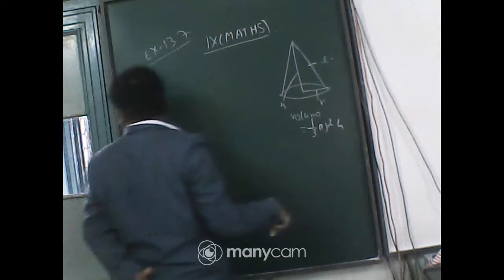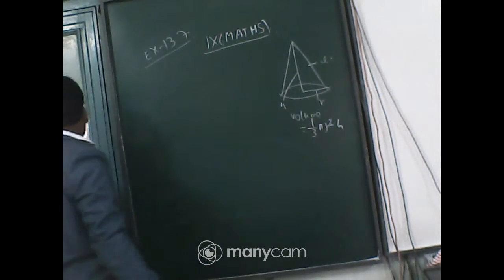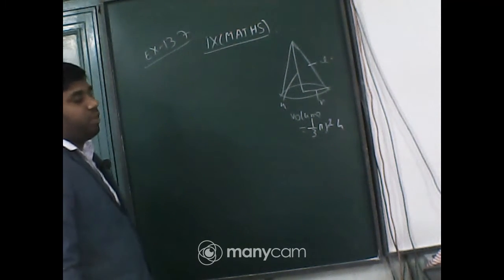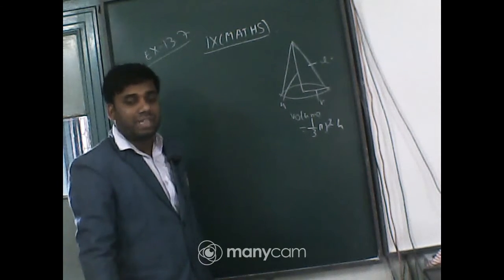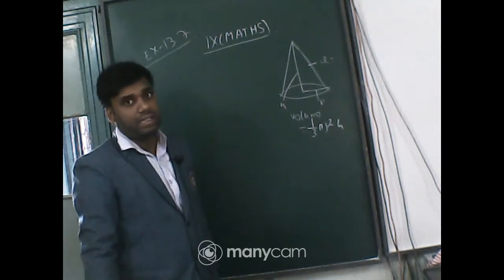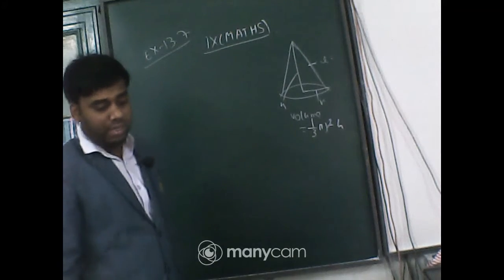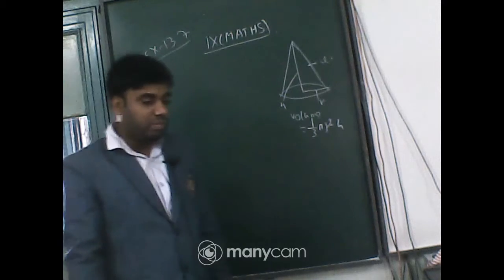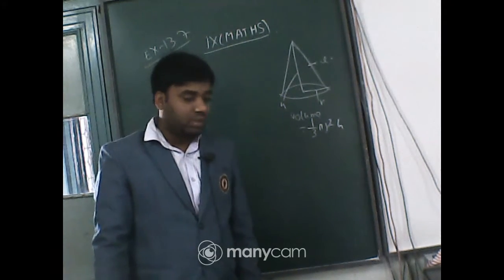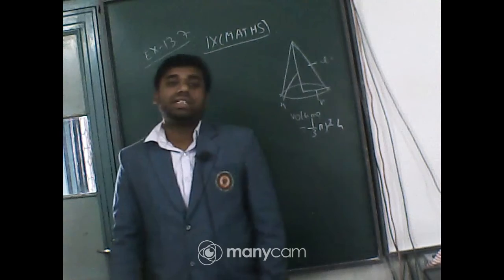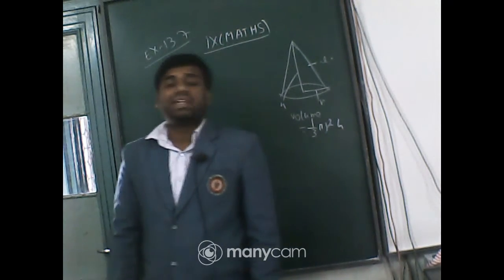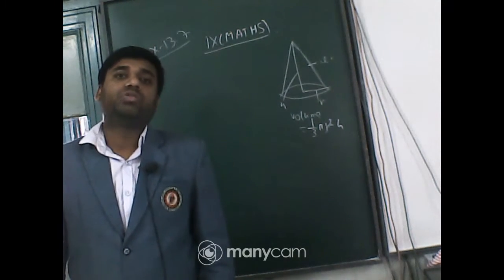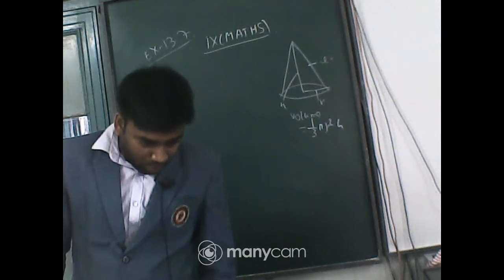where r equal to radius, and h equal to height, and L is the slant height. The volume formula does not contain L, but the curved surface area is pi r L, so there we need L. Okay. Up to this, anyone have any problem, any queries? L, R and H relation is L square equal to H square plus R square. Anyone have any problem? No. Very good.